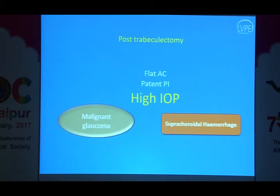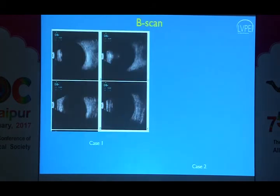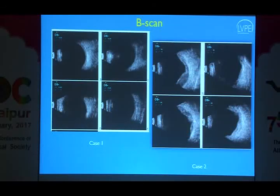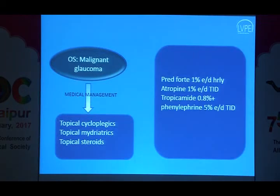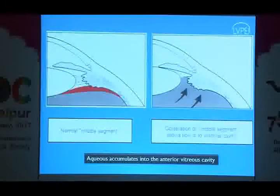It can happen, so just start with cycloplegics. That will take care of most of the problems. B-scan is something that will help you to rule out if there is a suprachoroidal hemorrhage, which will appear like this. And post-operatively, like I said, you have to put them back on conservative management. So cycloplegics associated with mydriatics and topical steroids is something that is very useful,